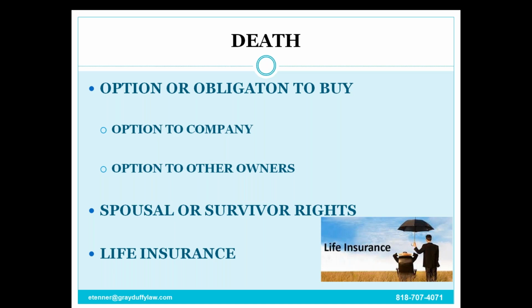So how these interests are treated will vary slightly depending on the type of agreement. However, typically an owner's agreement will give the company or the other owners either the right to buy out the deceased owner at a price and on terms set by the agreement, or will require them or the company to buy out the deceased owner's interests. When the company buys the interest, it increases every other owner's interest proportionately. And typically, if it's the other owners that have the right to buy the interest, they also have proportional rights. Just a little more complicated in the way it's drafted.